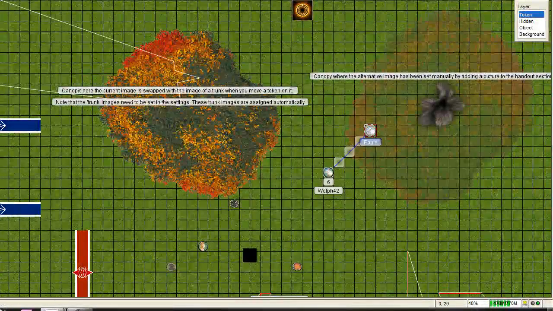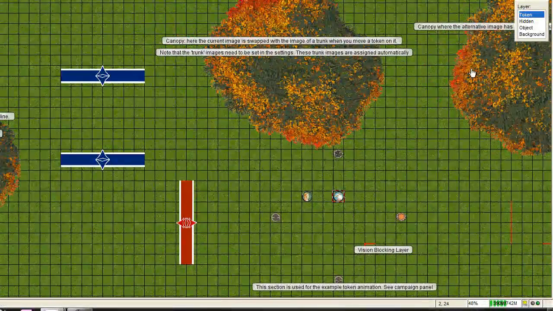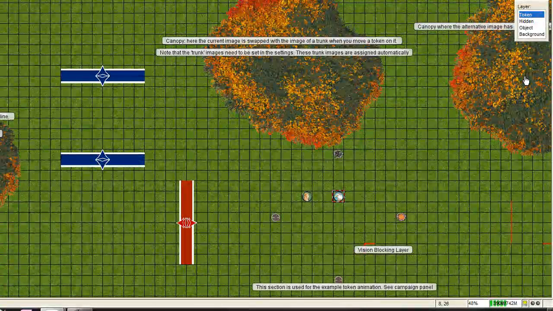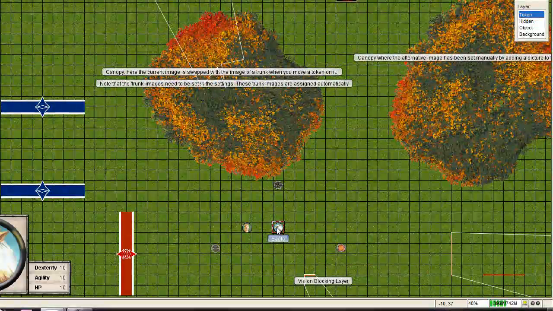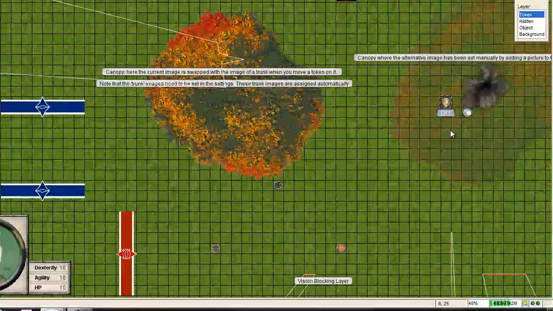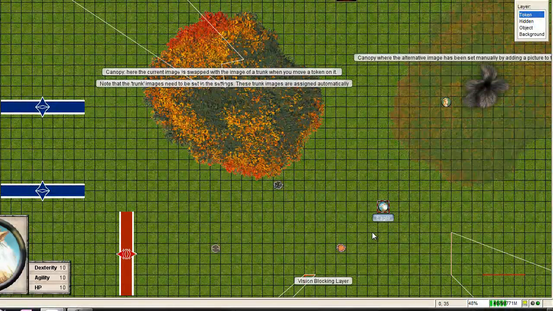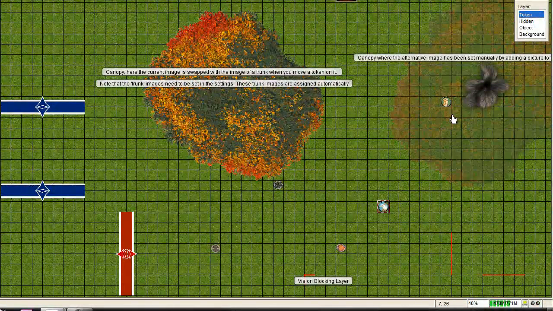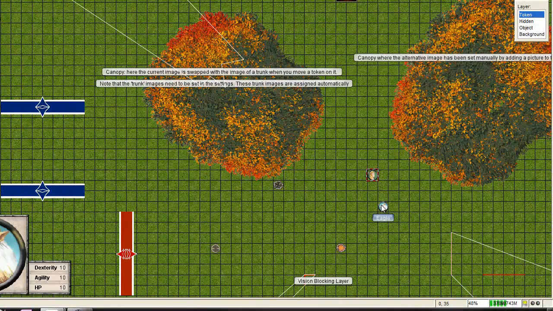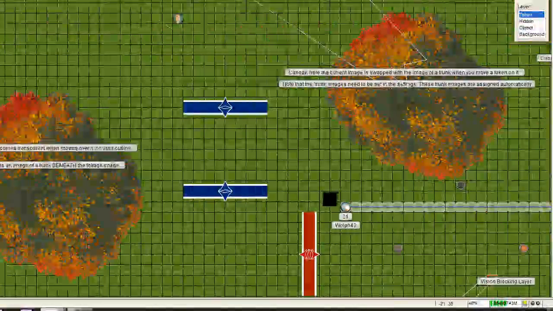Okay. This you have to do yourself. So you actually have to put a picture in the handout, and then it swaps when you move over it, and it unswaps when you remove the token. Also, it was a bit tricky, but if you move 2 tokens on it and you move 1, then it should remain swapped, and it does. And it only swaps back when you move off it again. Now canopy